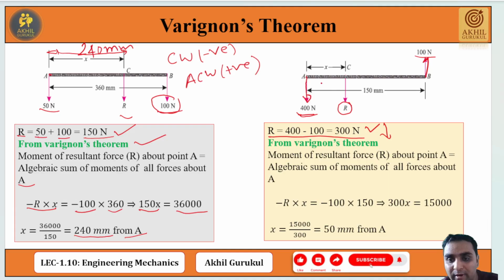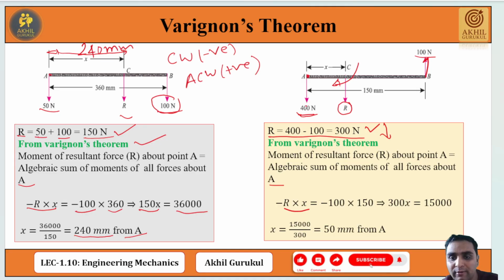But what is the location of R from the point A? So we can use the Varignon theorem to find out the value of X. So moment of resultant force R about the point A is equal to the algebraic sum of moments of all forces about A. So moment of resultant force R about A is R into X, and this moment is acting clockwise, so it is negative, equal to the moment of force 100 Newton about point A,